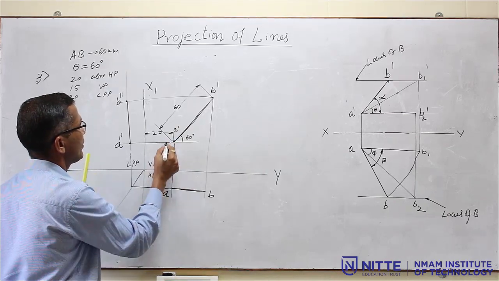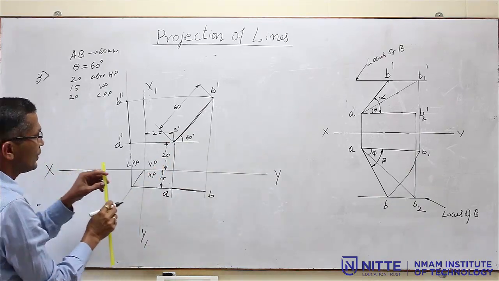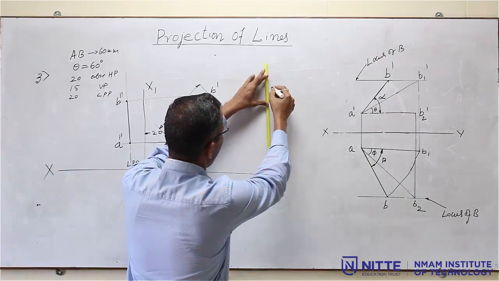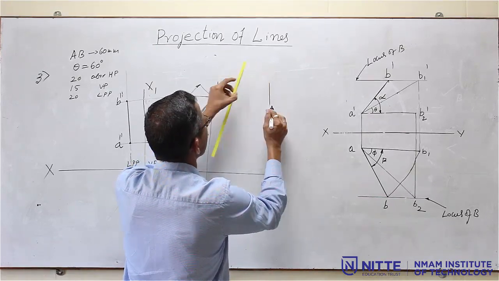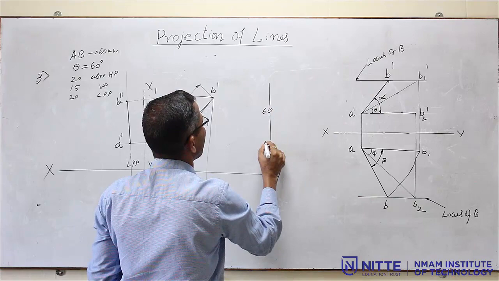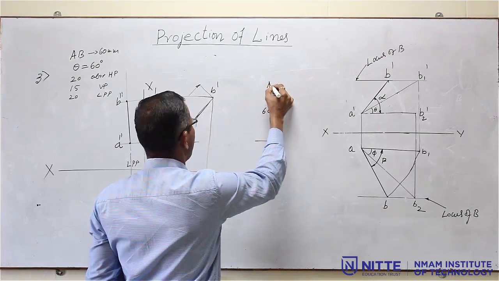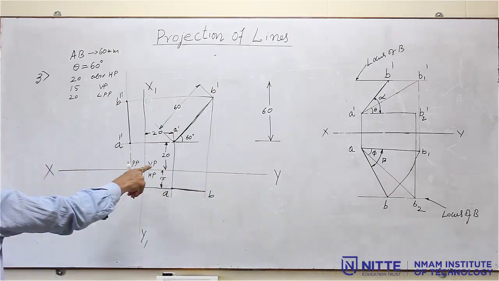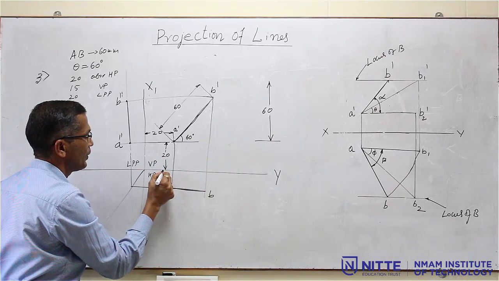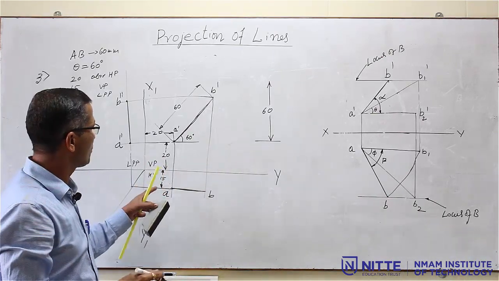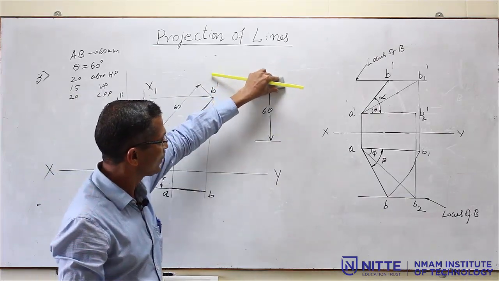Also take care about the dimensions. Many of you are drawing them free hand. This is not free hand dimensioning. For dimensioning, use the scale and draw the line. After that, split at the middle and write the number, and here the arrowheads. So, the dimension line is not a free hand drawing. Do not think I am drawing it free hand here, do not take it as it is. It should be a straight line. You have to use the scale and draw the line.